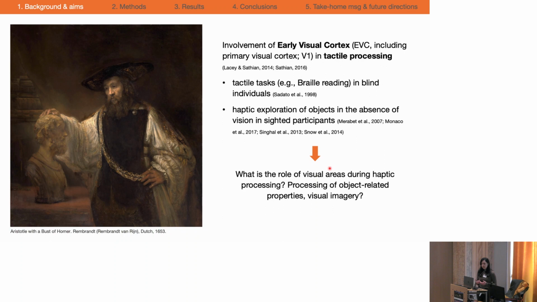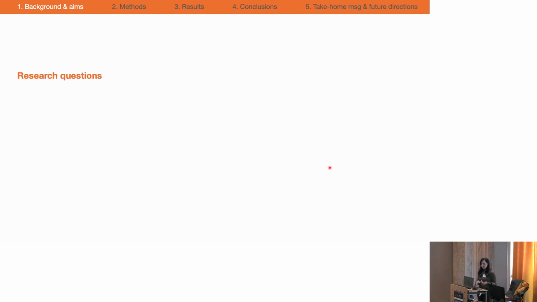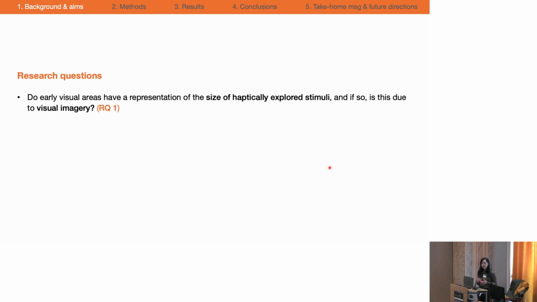Are they processing stimulus-related features, or are they supporting visual imagery processes? And that's what our study aims to explore. Specifically, we targeted the size of stimuli to address two main research questions. The first one is about whether early visual areas have a representation of the size of haptically explored stimuli, and if these could be due to visual imagery. And the second one is about whether we can also find abstract representations of size that are independent of task